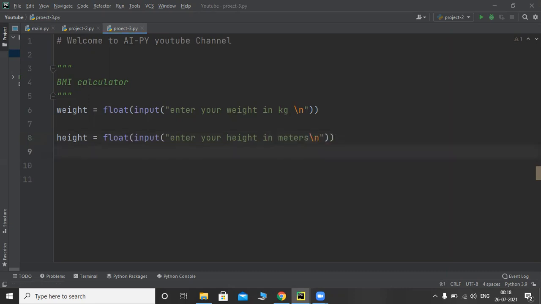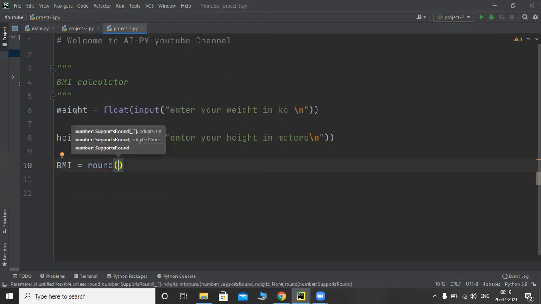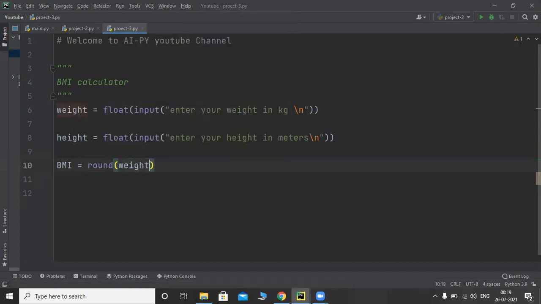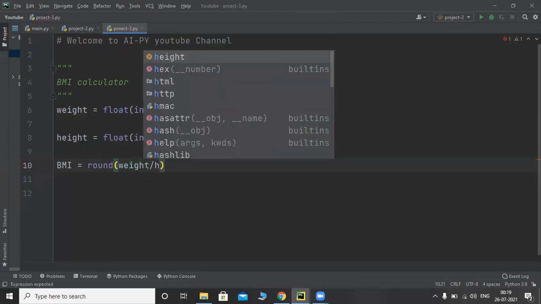And then some little maths to calculate BMI. BMI is equal to weight divided by, if you Google what is the BMI formula, you will get it.